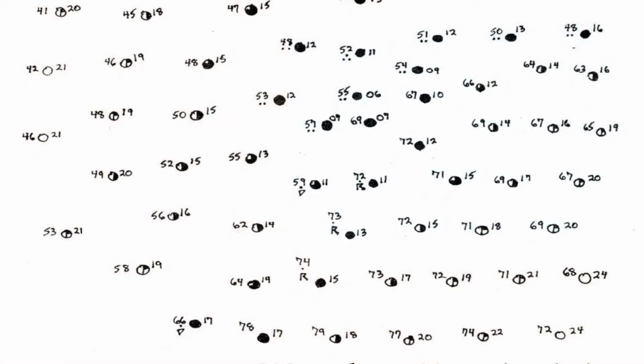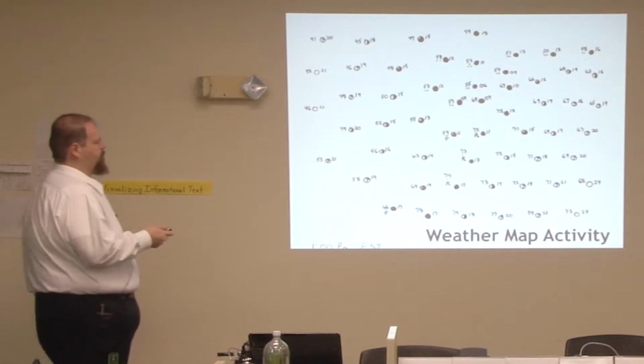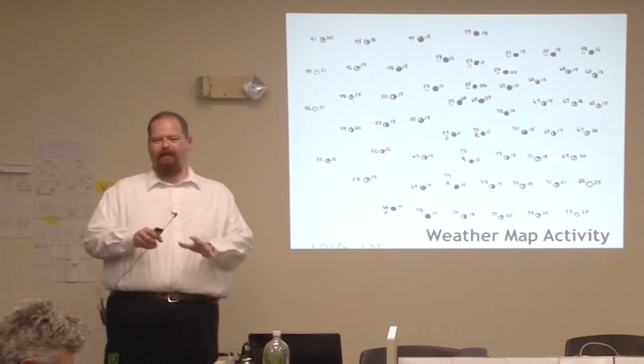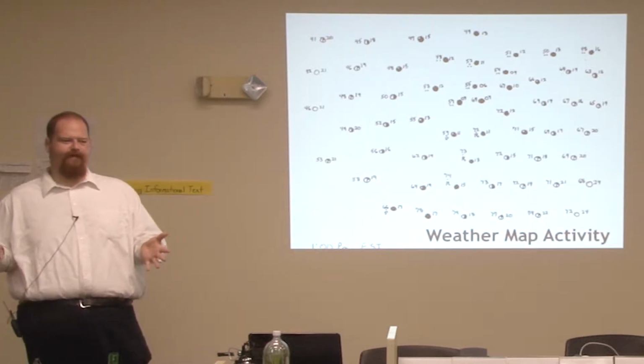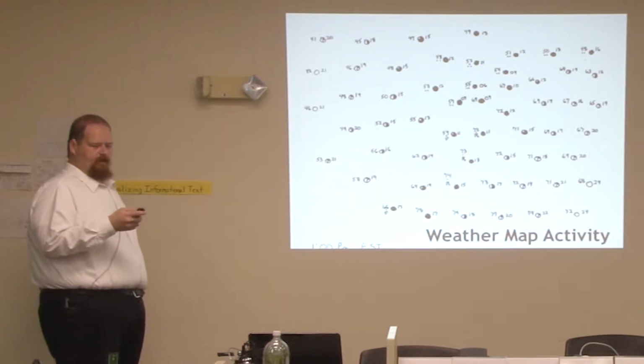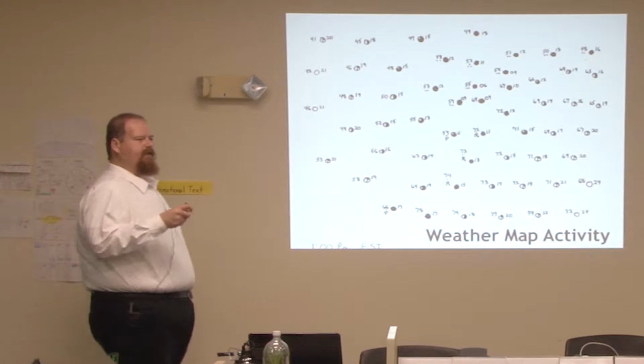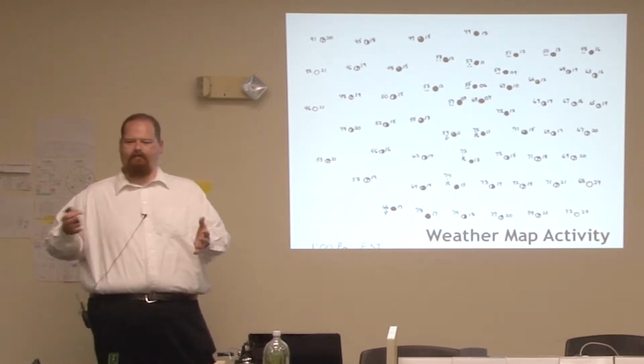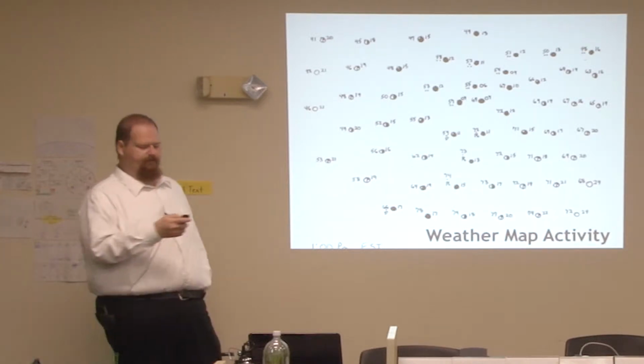All right, so what we're going to do, we're going to take an attempt to draw a little weather map, okay? And we've just provided some basic information that's going to help you to draw this. Now, obviously I've given you very limited information, but on a weather map we connect areas of equal pressure because that helps us dictate what kind of air mass and how large and expansive they are.